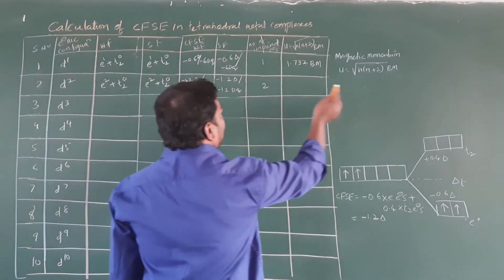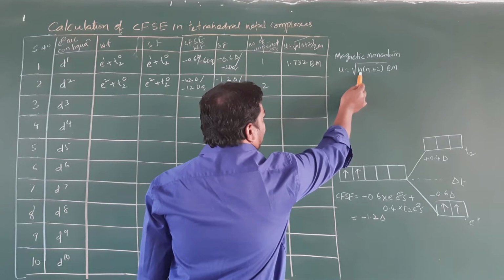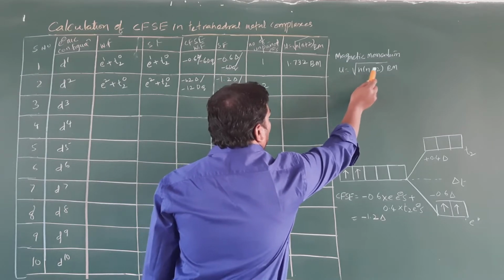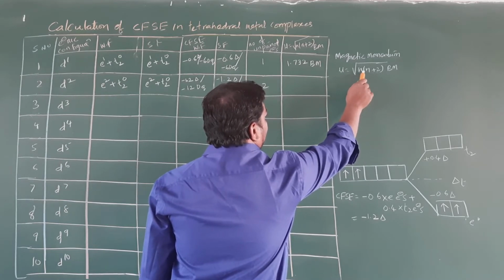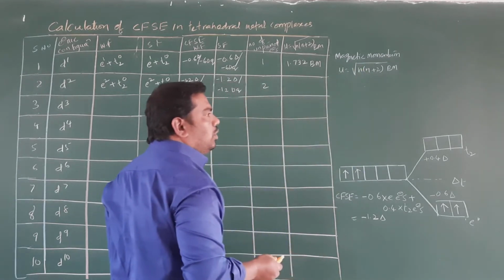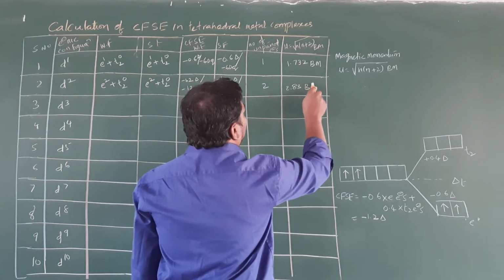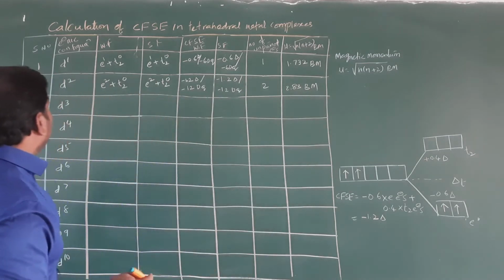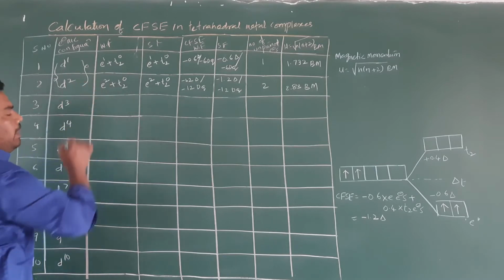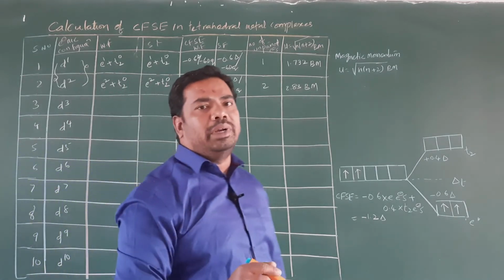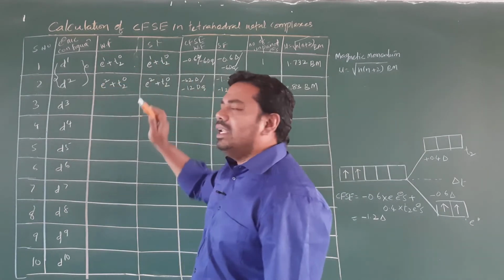For the magnetic moment, students, you can use the formula where n is the number of unpaired electrons. So it is the square root of 2 times (2 plus 2), that is equal to 2 times 4, which is equal to 8, root 8. It is nearer to the value of the square root of 9, that is equal to 2.83 Bohr magneton. Clear, students? Remember here, the CFSE and magnetic moment values for both weak field and strong field d1 and d2 configurations are the same.